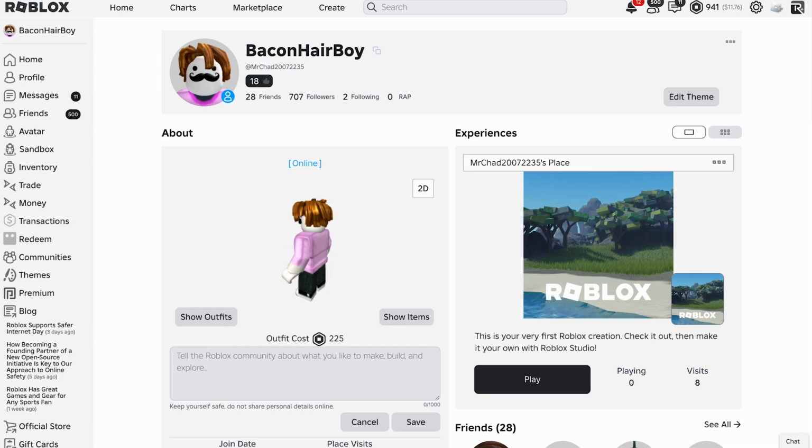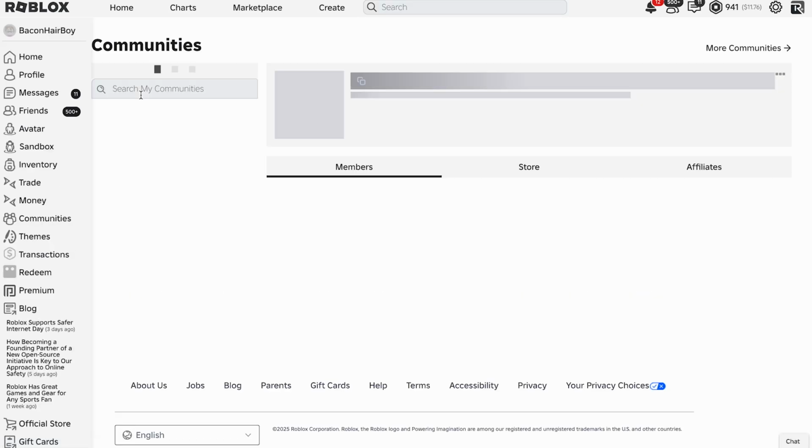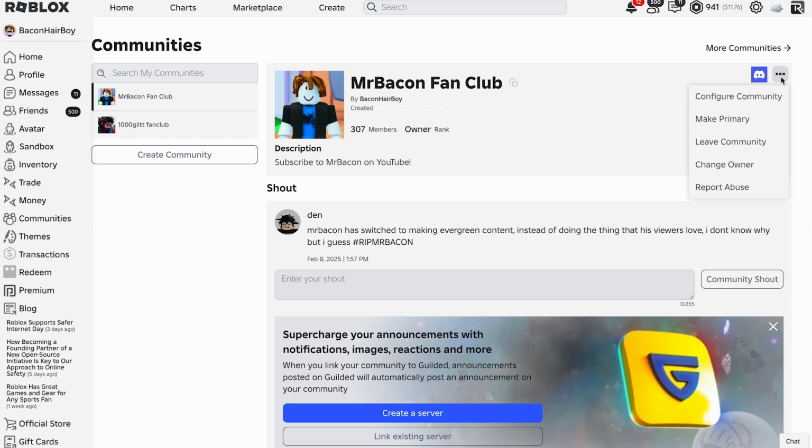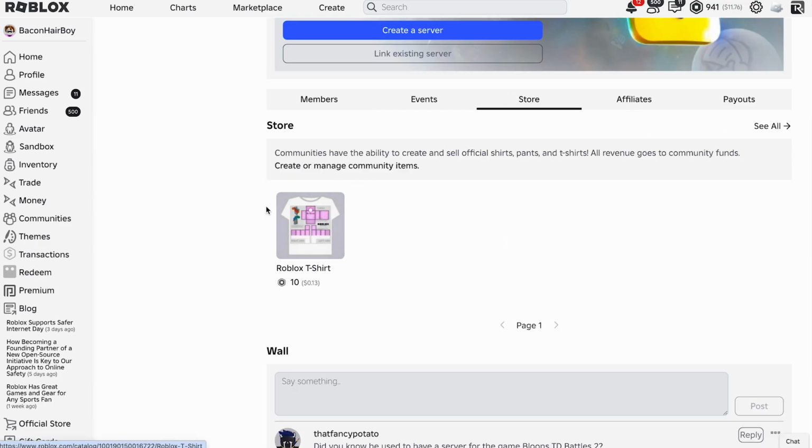In today's video, I'm going to be showing you exactly how to publish a t-shirt on your Roblox group. So the first thing you want to do is click communities, go to your group, click the top three icons, click store, and as you can see, I only have one shirt, but let's say I want to add another